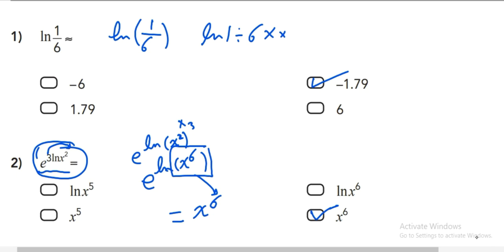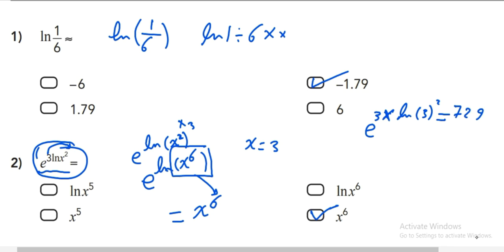The other method is by using a hack. What's this hack? As we said in a previous question, we choose any value for x. Here we have to choose a positive value for x and substitute in the question and in each choice. As an example, we choose x equal 3. If you put 3 in the place of x in the question, it will be e to the power 3 multiplied, and you have to put multiply between the number and ln on the calculator, of ln 3 to the power of 2. The answer will be, if you use the calculator,